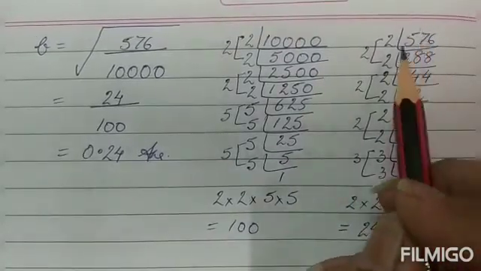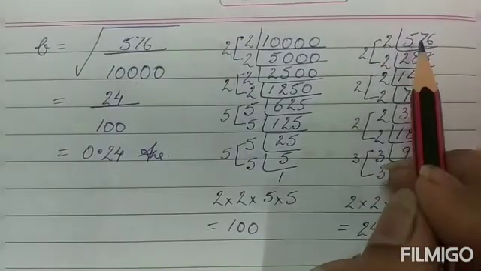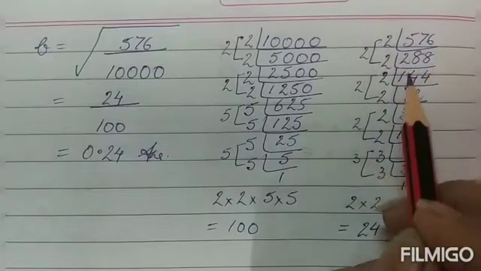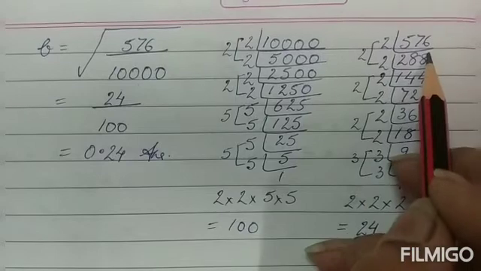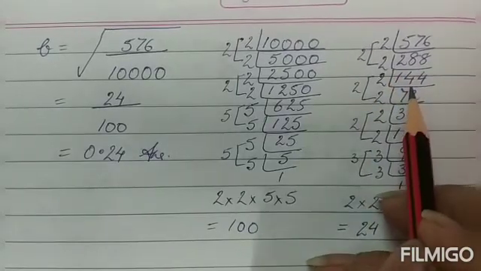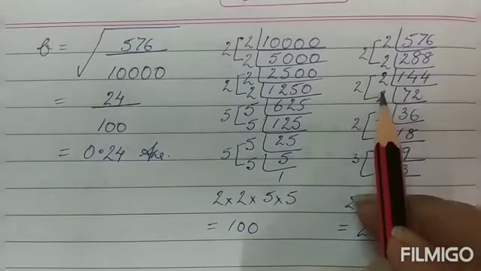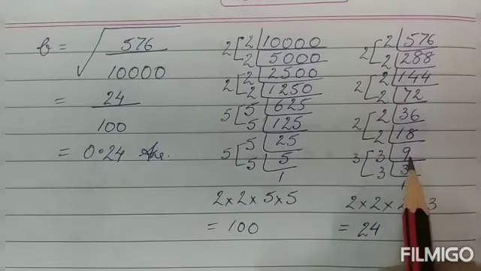So first we begin with 576, children. We start with the smallest number that can divide this. This is in a way that you solve the LCM, that method only. So with 2 I can divide 576, it goes 288 times. Again with 2, 144 times. Again with 2, 72. Again with 2, 36. With 2, 18 times. With 2, 18 can be divided 9 times.